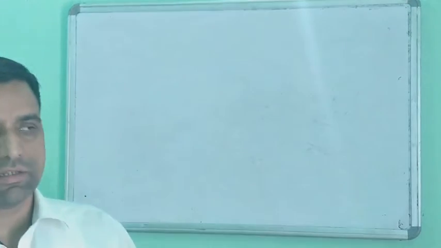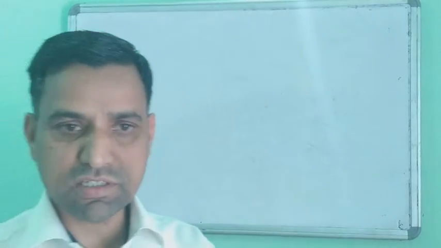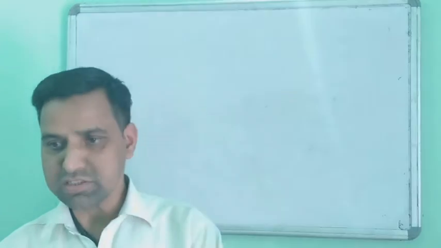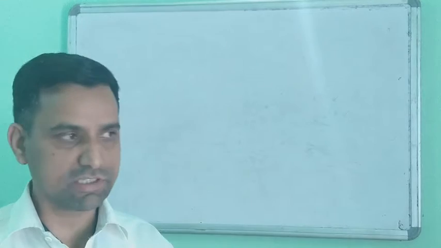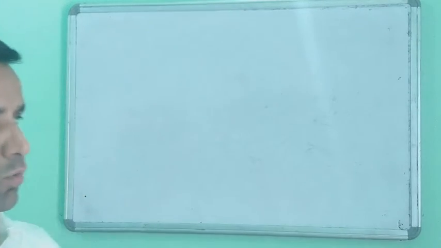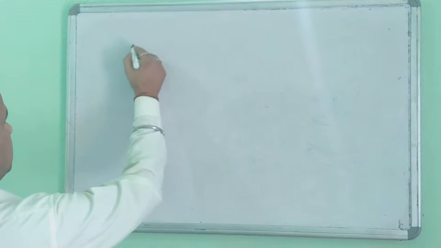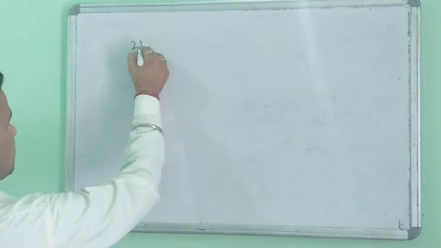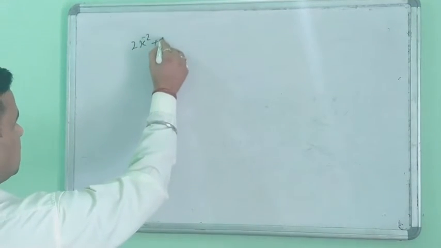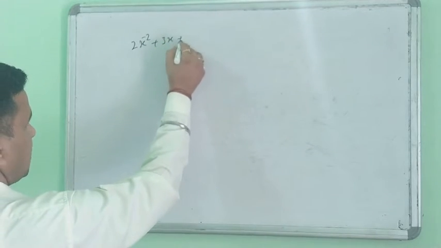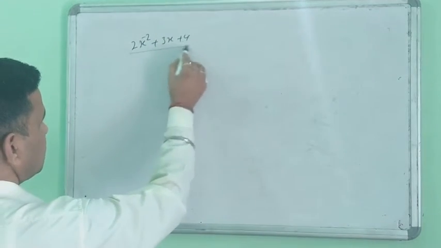Yes, student. Next point I am taking is the conditions of polynomials. Means which condition applies in polynomials, which condition is not applied in polynomials. Which expression is called a polynomial, which expression is not called a polynomial. Yes, now look here. Suppose you write 2 exponent minus 2 plus 3x plus 4. But suppose you write in this form.